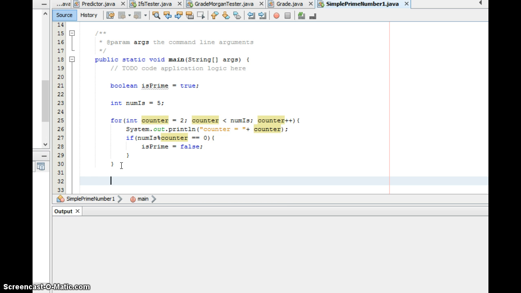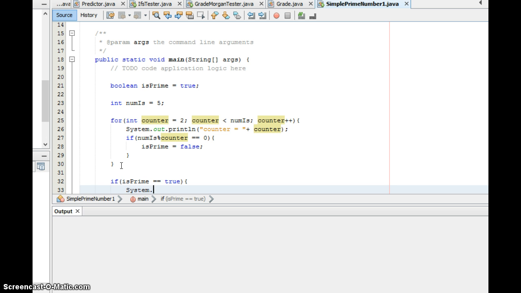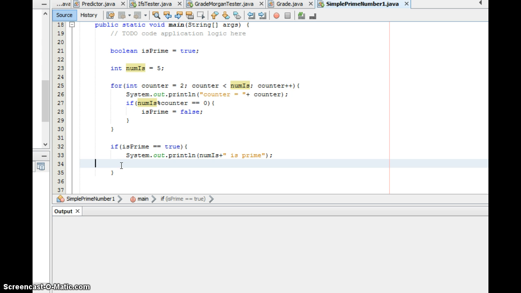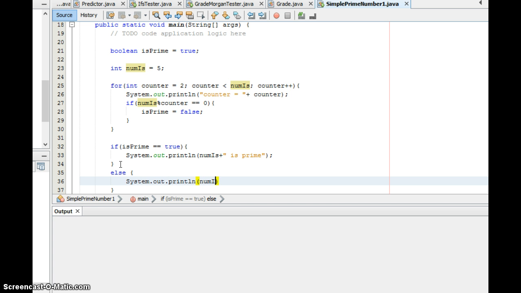Then outside of the loop, once the loop is done, I'm going to say if is prime is true, I'm going to say my number is prime. Otherwise, my number is not prime. Okay,